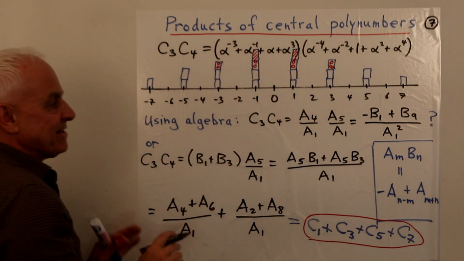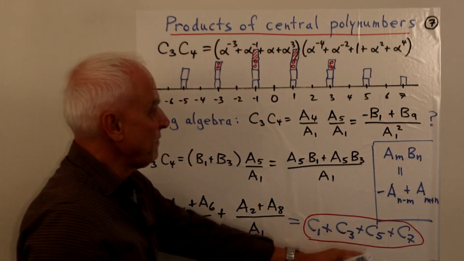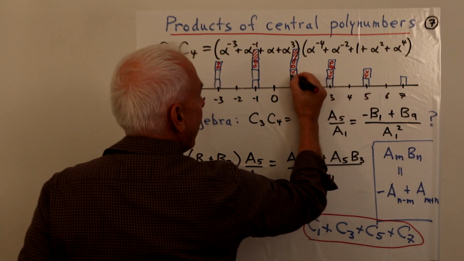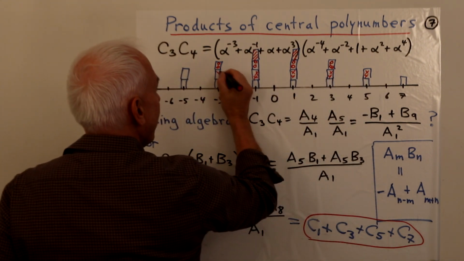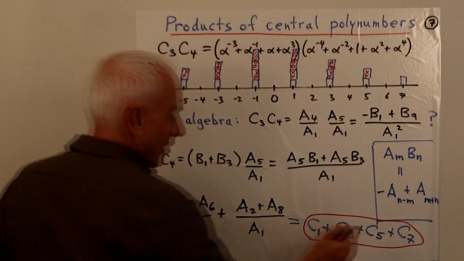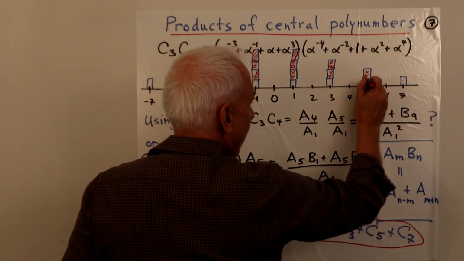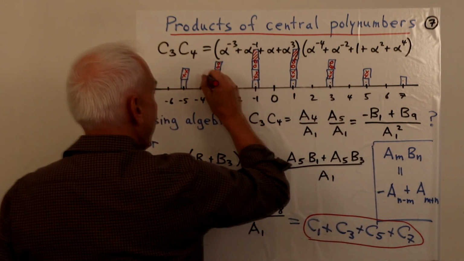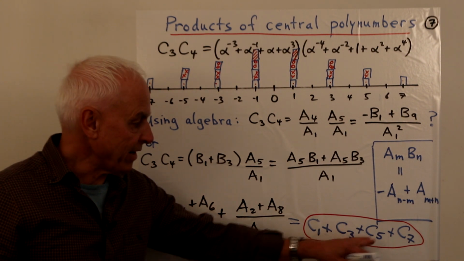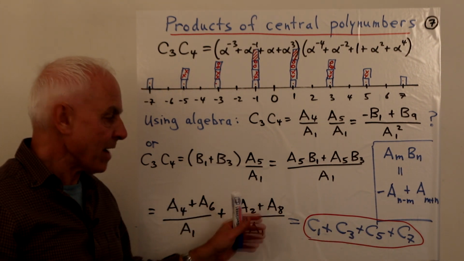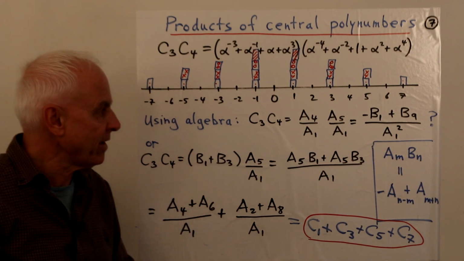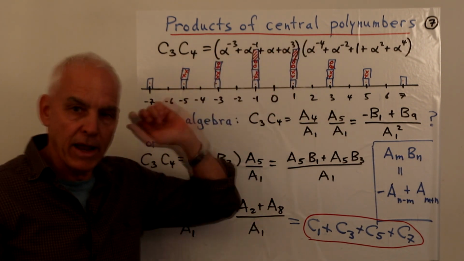Okay, that's a C3. And the C5, well, that's that one, and that one, and so on. And finally, the C7, it's all of those remaining ones. So yes, indeed, what we're getting with this streamlined, clever use of the Weil character formula agrees with what we got longhand.